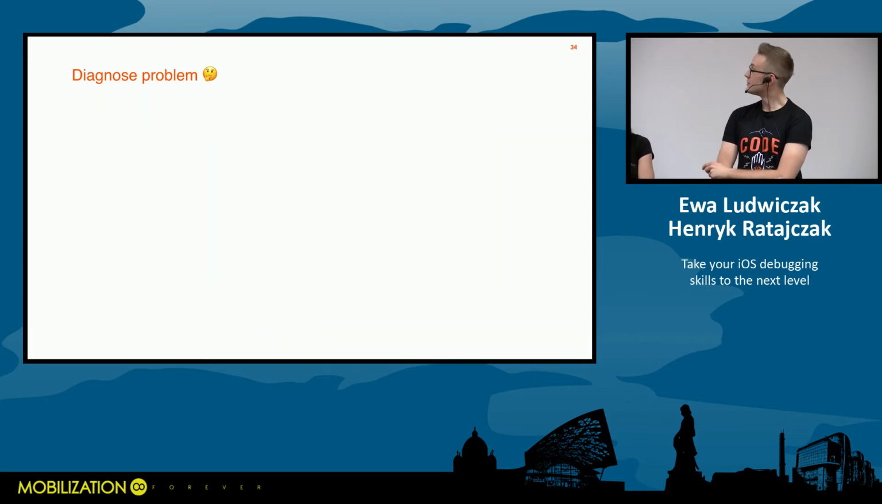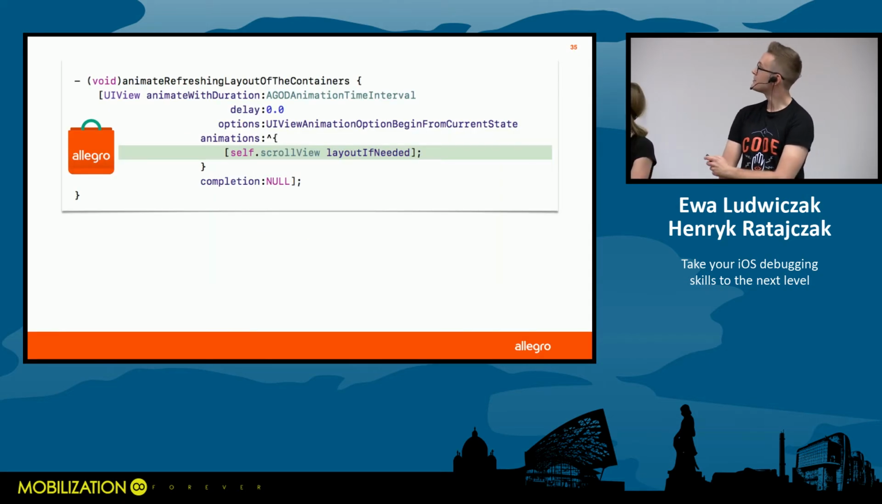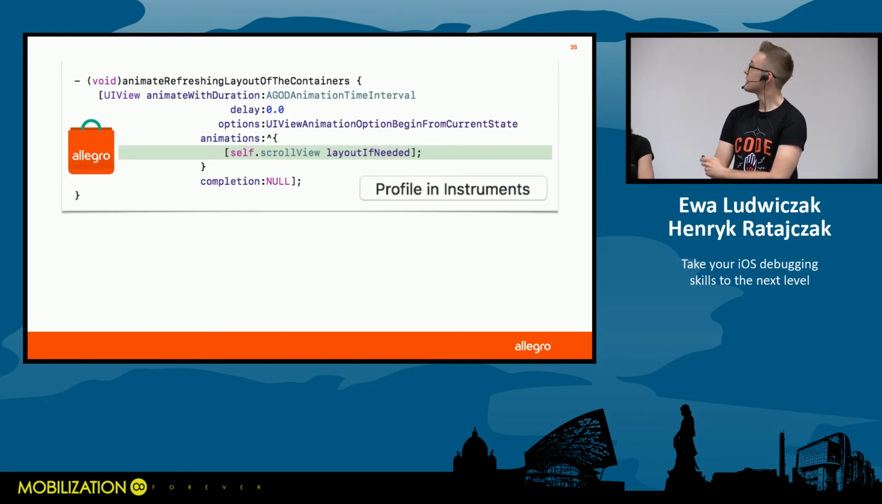So going back to our Allegro app situation, we figured out that in the offer screen, we were refreshing the layout in an animation, and there the scroll view was invalidated. That still wasn't informative enough for us. However, along with the logs that we used, we finally had a breakpoint where this layout loop started,